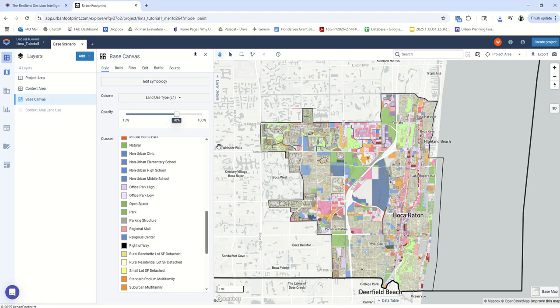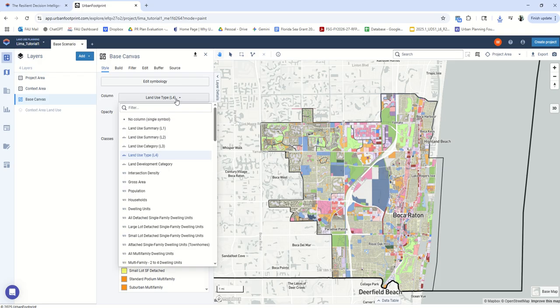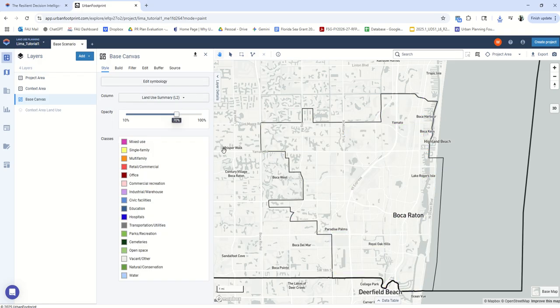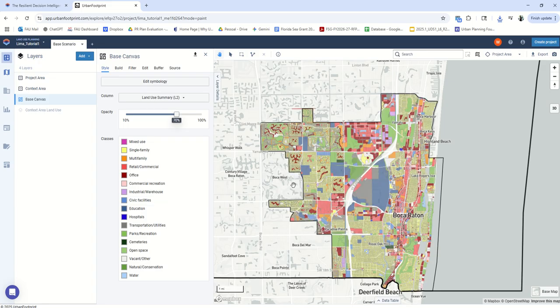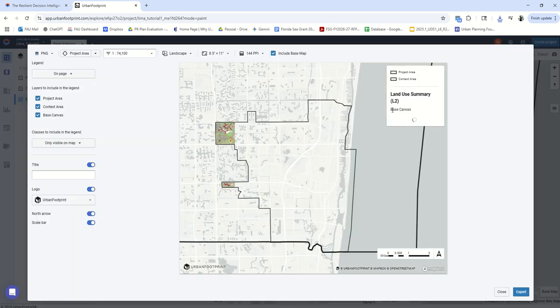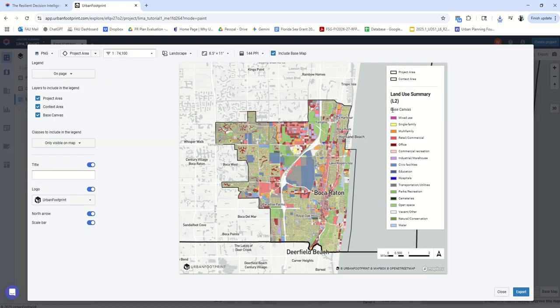But we can also export a map using the information that's being displayed on the screen. So for example, in this case, we are creating a land use map. Okay, so let's use the land use summary L2, for example. And then let's export this map. So we just click on export, and it opens this screen. And here we can select